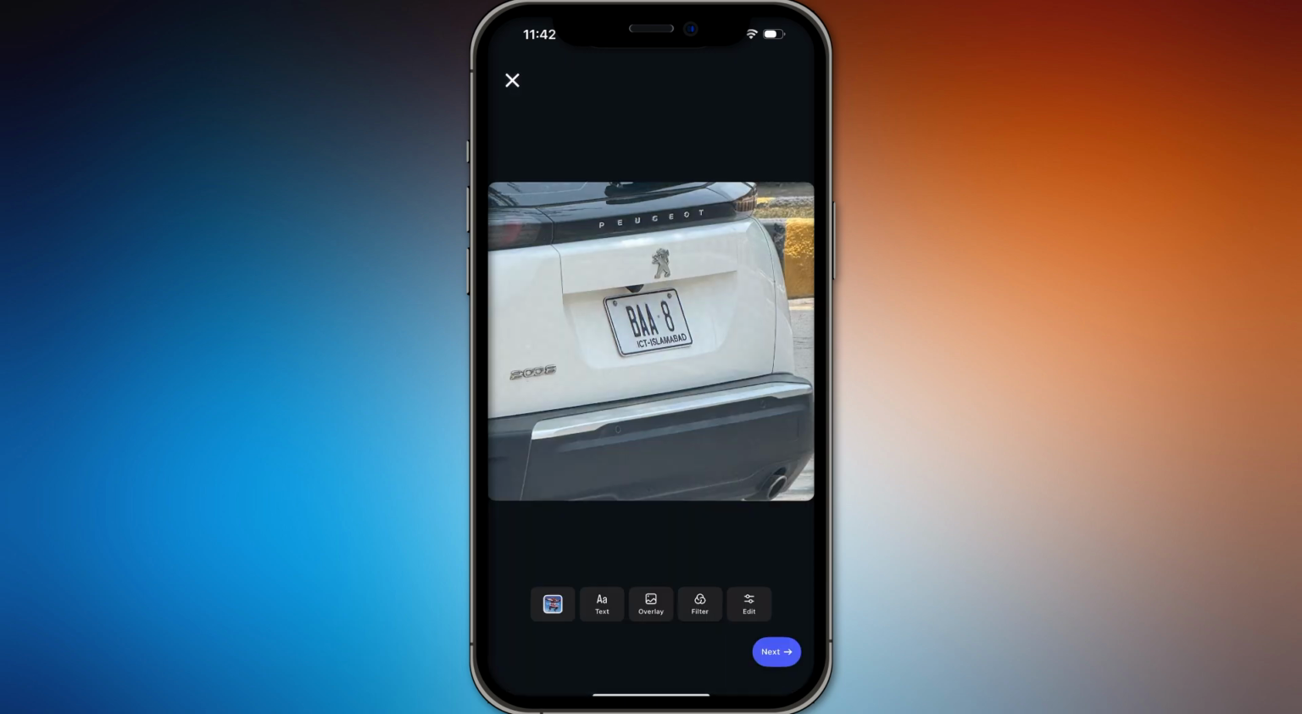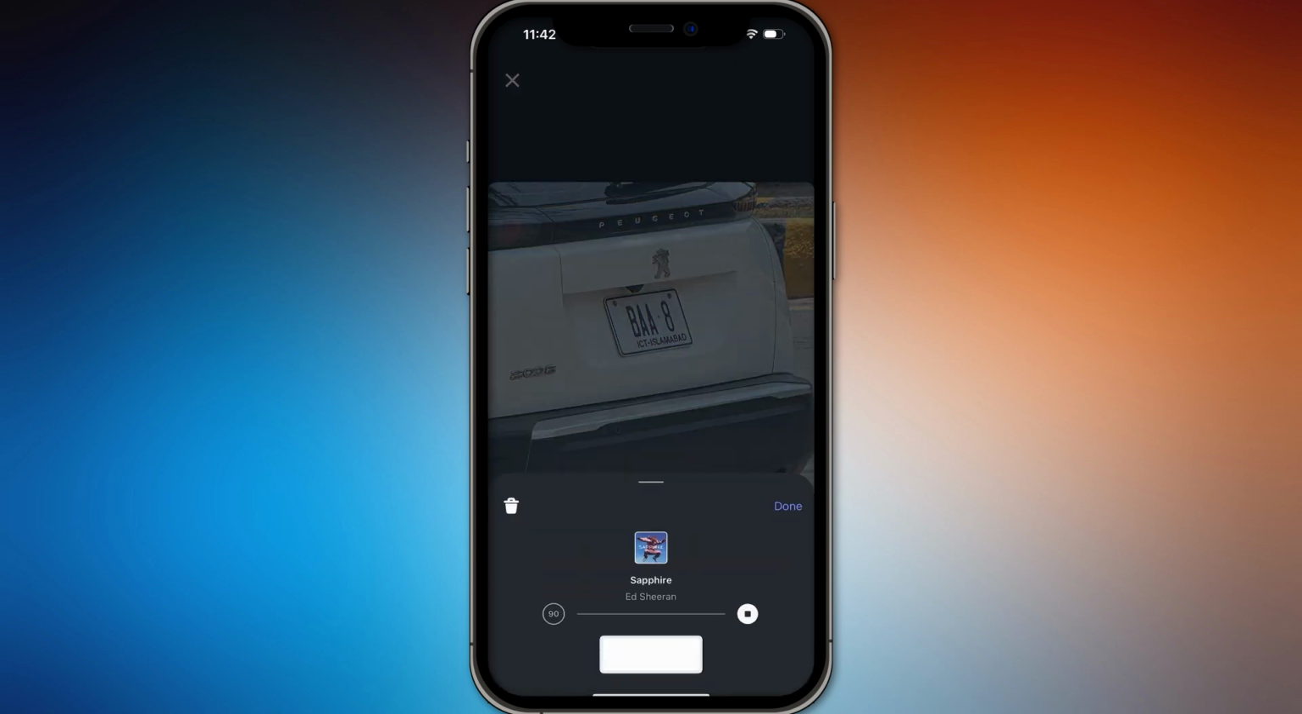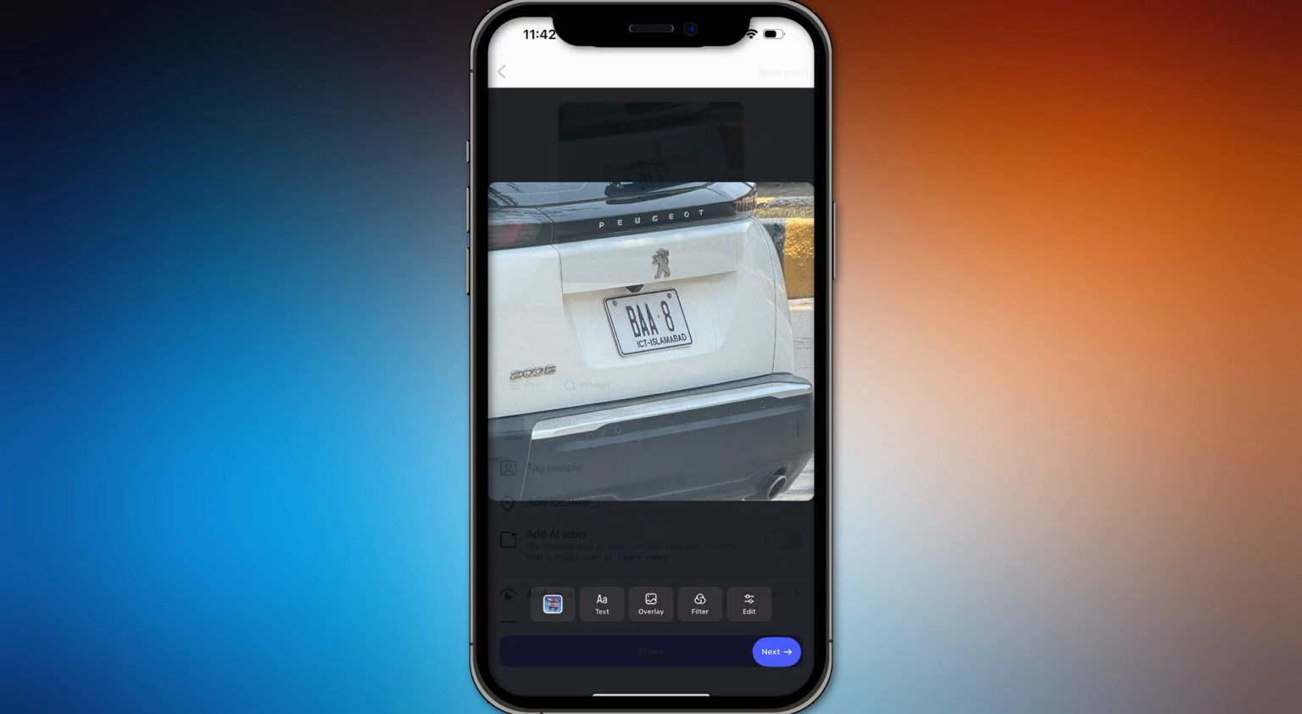Once the music is added like this one, you can just click on done, next,